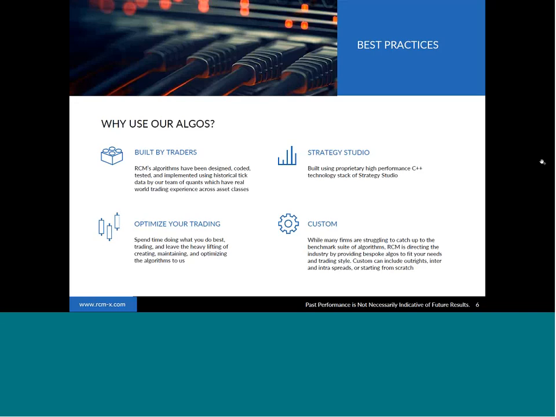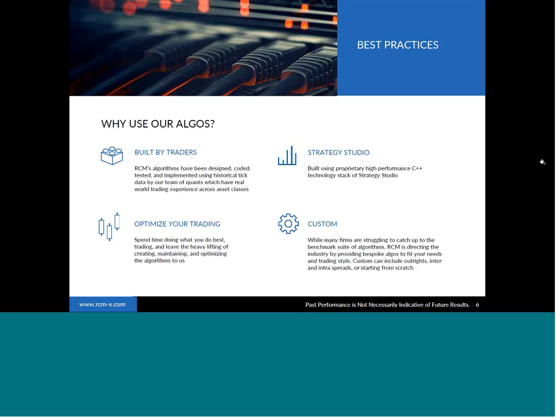Our Strategy Studio platform, we believe, is another competitive edge and a reason you should use our algos. Our platform is 10 years of development. The stack of technology is very microstructure aware. It's embedded, and we understand the order books very well, whether it's equities or futures. It's a key component, one of the main components in delivering quality executions.